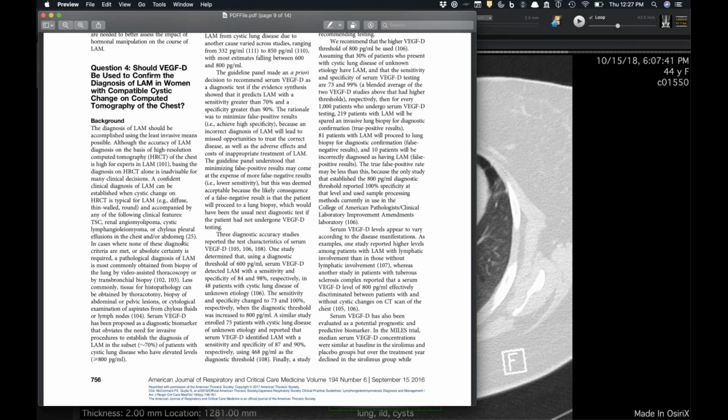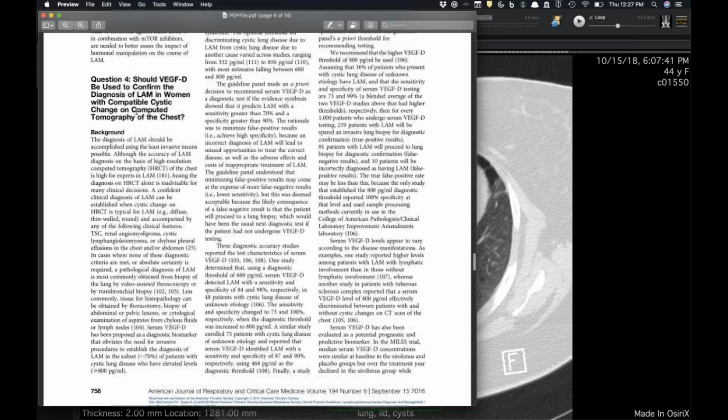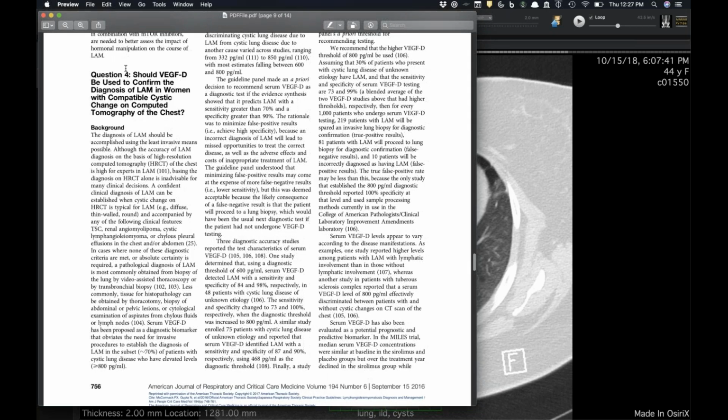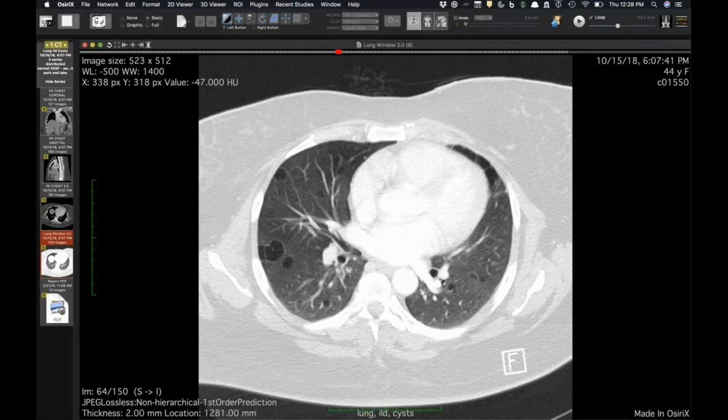This is a nice article, the ATS guidelines for management of LAM. It was in 2016, and they do think there's evidence to show that VEGF should be used to confirm the diagnosis. They said that above a level of 800, you can have a specificity of around 100%, and hers was in the 30s. Now the sensitivity they sacrifice, obviously, into the 70% range, but I think that's enough, at least to prompt them